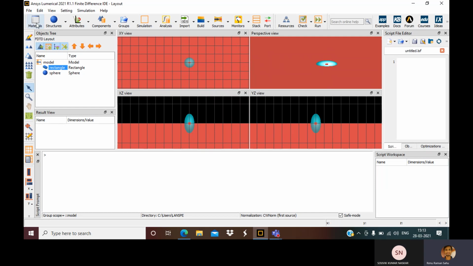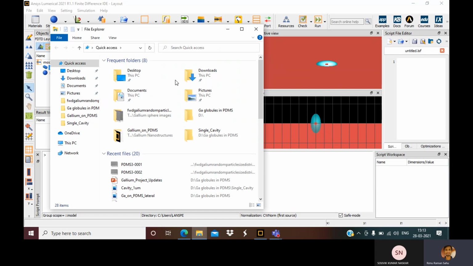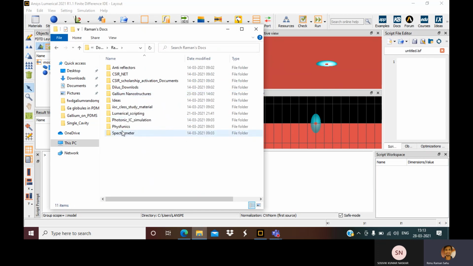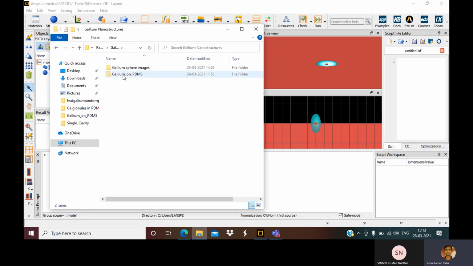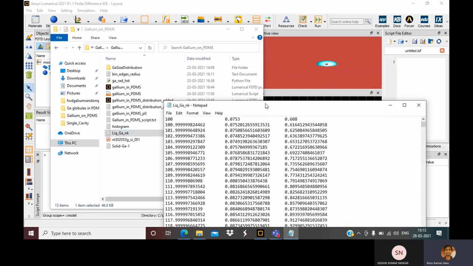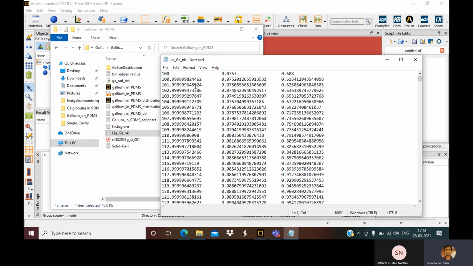So how do we import? We have a text file in documents, tools, docs, gallium nanostructures. You see here we have a text file. In this text file there are 3 columns.